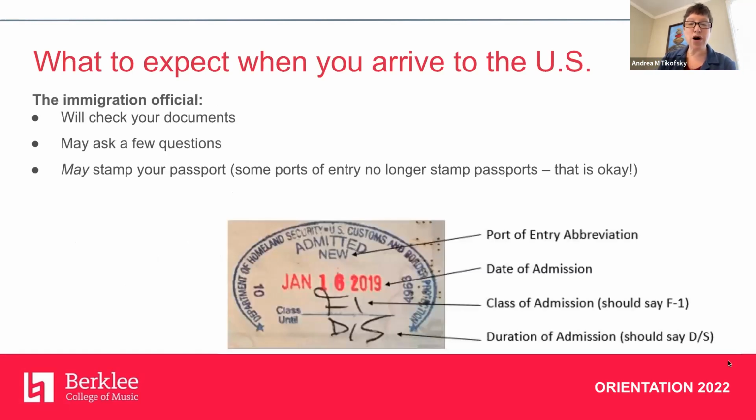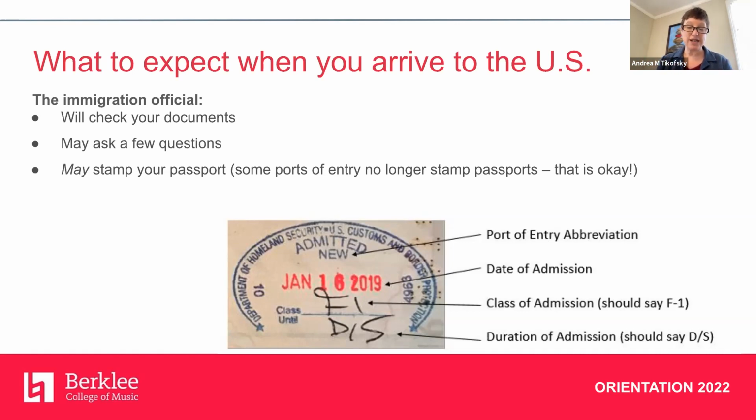All right, so when you are speaking with the Customs and Border Patrol officer, he's going to ask to look at your passport, your visa, and your I-20. So the officer has just like a minute or two to decide whether or not he's going to admit you into the US, or if he's going to send you to something called secondary inspection. Most students will be admitted to the US in F1 status. But if the officer has a question or there's something that he doesn't understand, he might send you to secondary inspection. This is common, so remain calm if you are sent to secondary inspection.